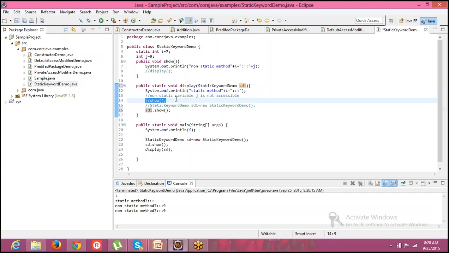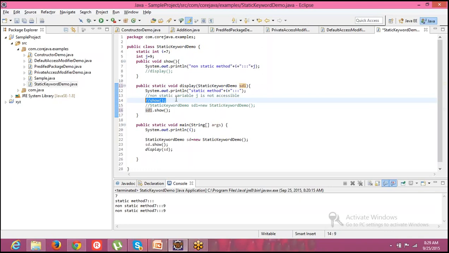For that I wanted to quote a simple example. Yesterday only we learned private, the private access modifier. Whatever variables or methods are marked private are accessible only inside that particular class. That is what you understood, right? Okay, but there is some exceptional scenario also where you can access private variables and methods outside of the class.